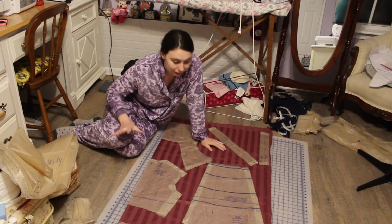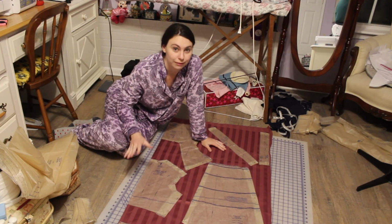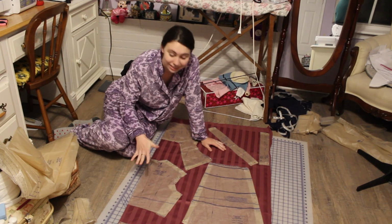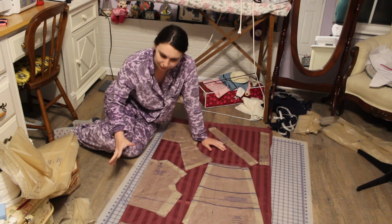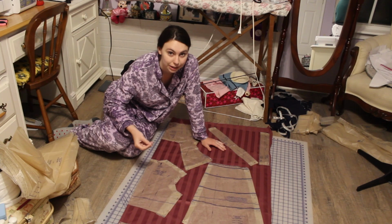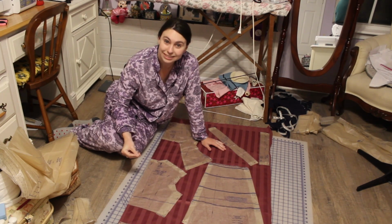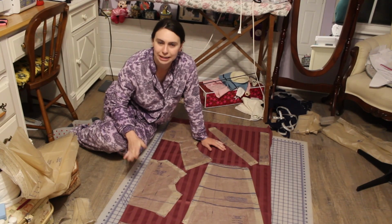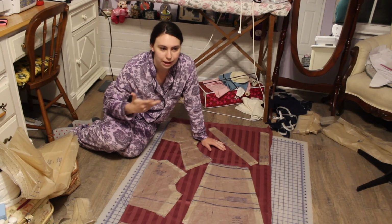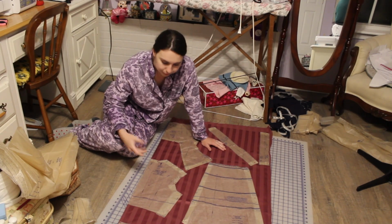All right, it is now time to cut out this pattern. I have been putting off actually cutting out this pattern because cutting out things scares me, because that means that it is finalized. So I've been staring at this a lot, checking my references a lot to make sure that this is exactly what I want to do and that I'm doing it in the most historically accurate way that I know how, because 1530s Florence, Italy is not really my area of study, and I'm not completely sure what I'm doing. I've been able to find some good references, but there's not as plentiful, or at least I do not know where to look,